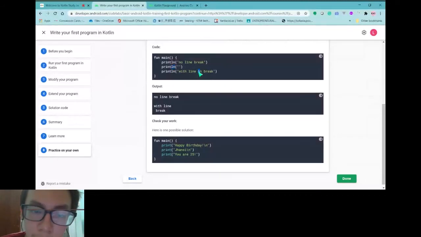When you see this backslash, actually backslash in Java or Kotlin, if followed by some letter like N or T, it means the escape character. This is the escape character, the backslash. So basically, if you combine backslash with N, it means new line.